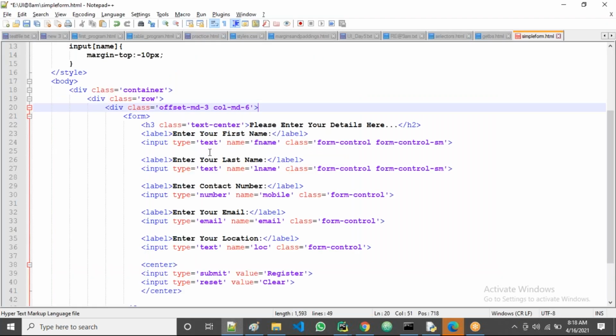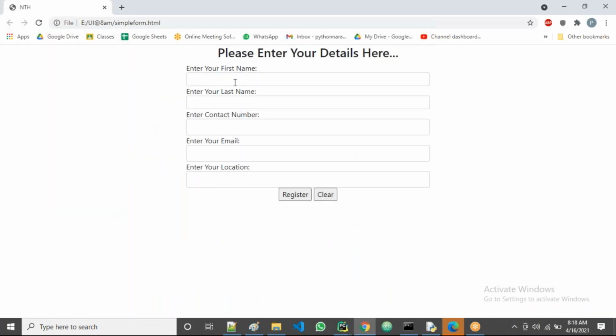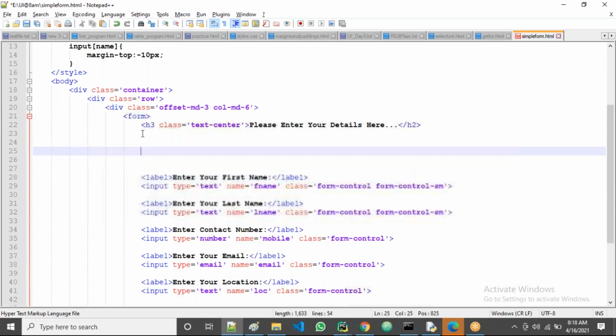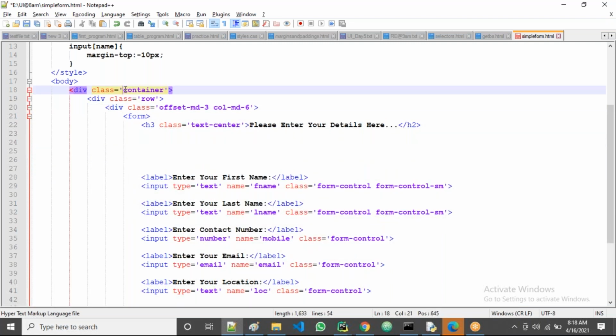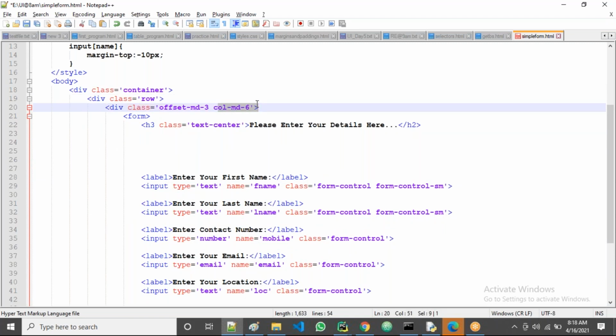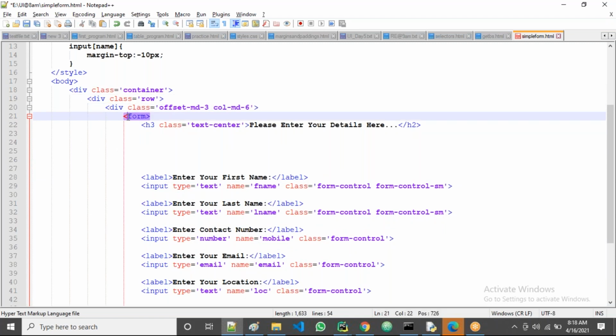After the title I want a divider. See, container, in that one row, in that six columns. In the six columns, the form has already started.